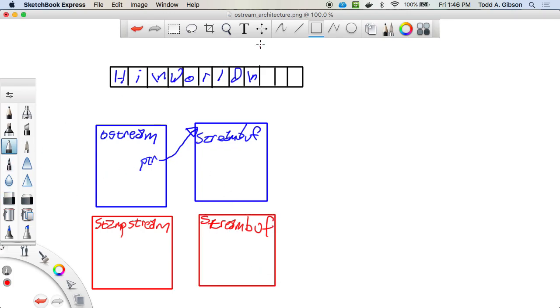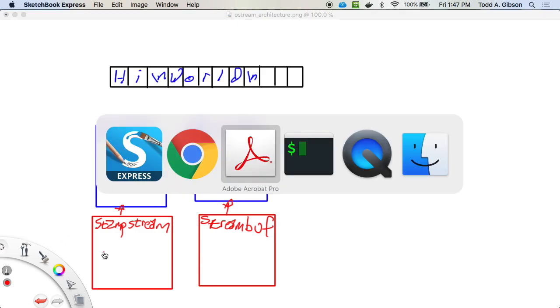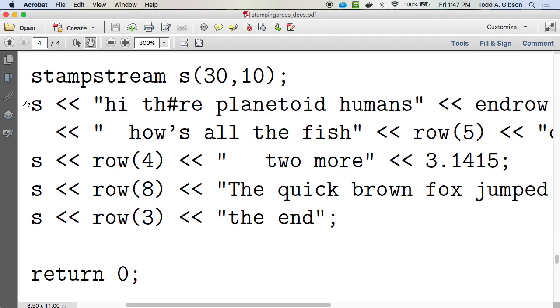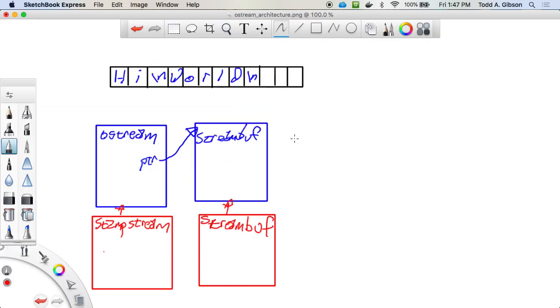And there is an inheritance relationship here. I didn't give myself much room, but you create your own version of OS. You derive off of OStream to get stamp stream. That's so that you got this right here. The benefit to that is you got thousands and thousands of lines of code that know how to output things. StreamBuff